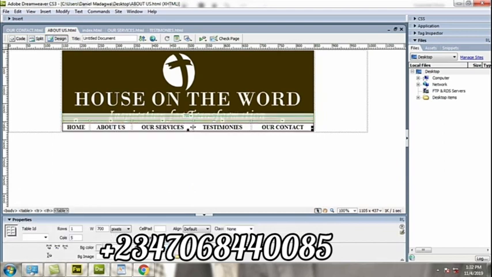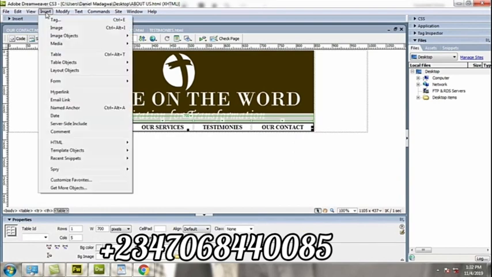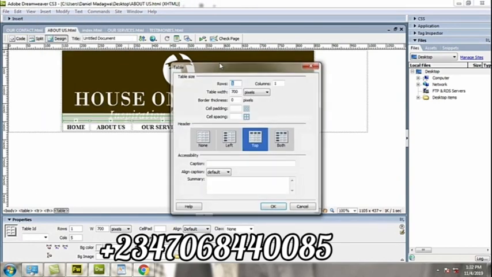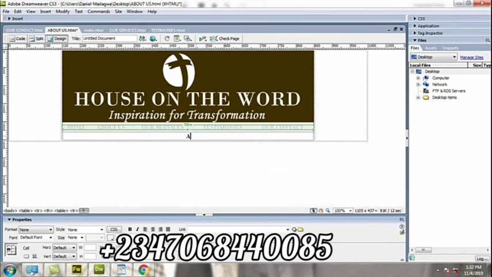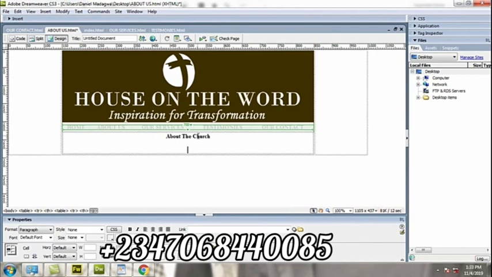Maybe you want to bring in the history of the church, so one row, one column. Okay, then About Us, you write about the church. Of course, all of these you must have typed, and so all you need to do is copy from your Word file, then you just go ahead and paste. Maybe you want to say this church was founded in the year